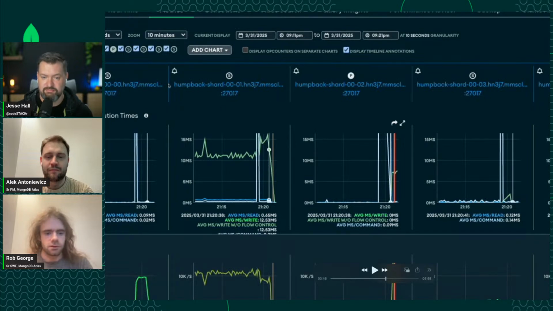And at the time the original primary gets upscaled, one of these two nodes would likely win the election for primary, and then you'd have more resources. So we've reduced the time to relief, or time to having more powerful hardware that is in use by the primary, by a significant amount of time for our users.